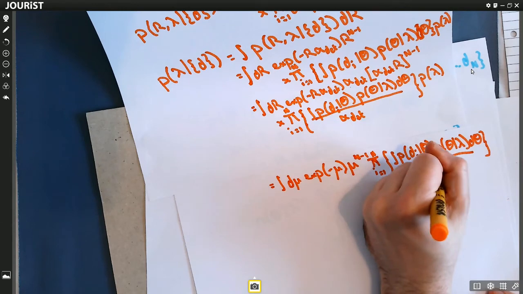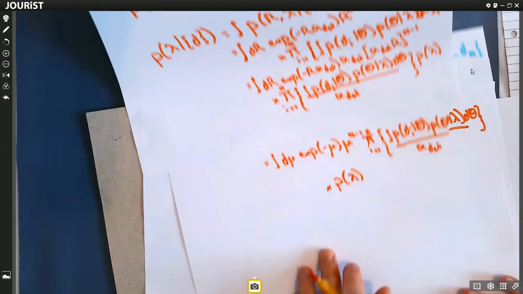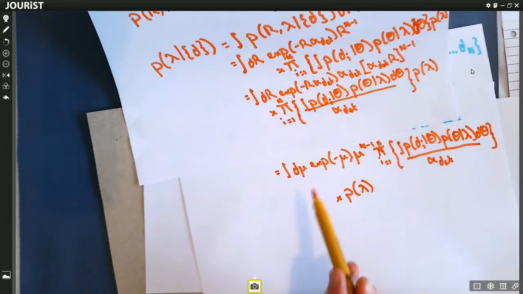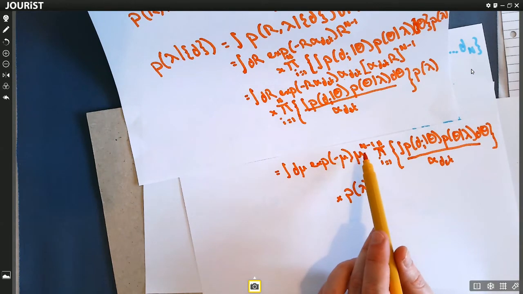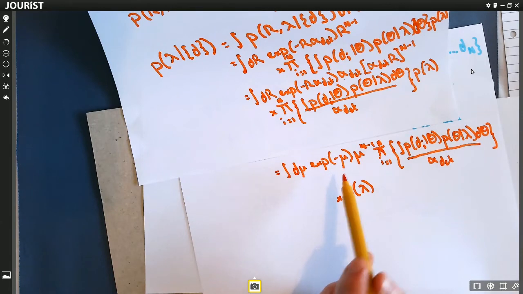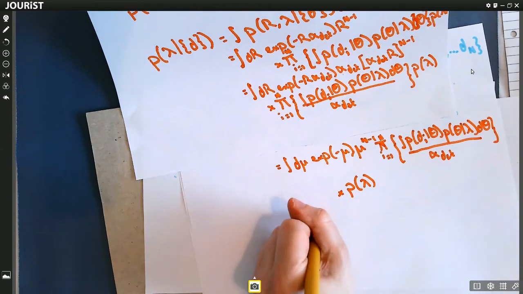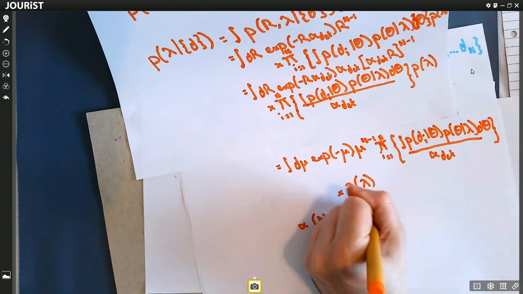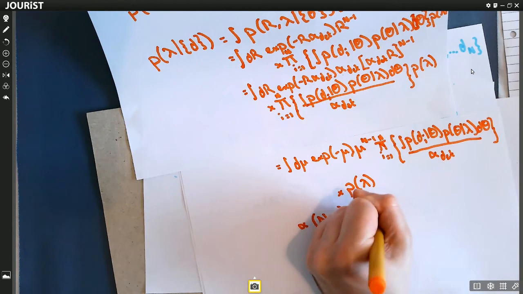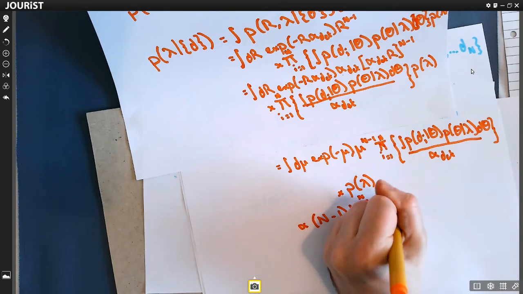Alpha det multiplied by pi of lambda. Okay, so looking at this now, we have an integral of exponential of minus mu, mu to the n minus 1, times a bunch of stuff that doesn't depend on mu. This is going to give us something which is like n minus 1 factorial, and then the product of stuff that doesn't depend on mu, p d_i.